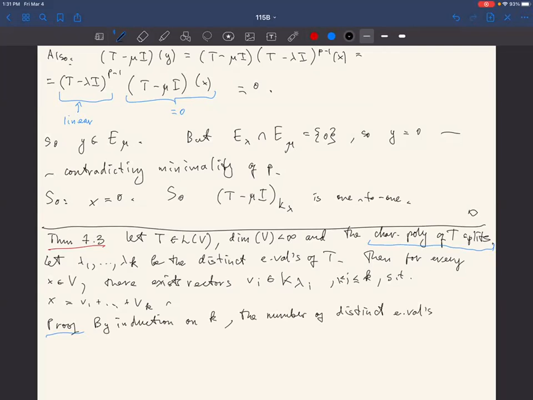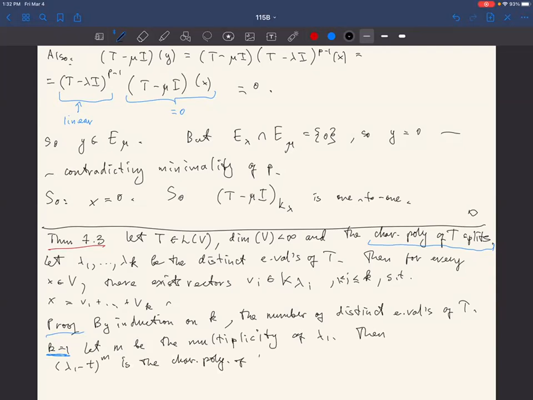Eigenvalues of T. So first, the base case, k equals 1. In this case, we can let M be the multiplicity of the eigenvalue lambda 1, because we just have one eigenvalue. Then we have that (lambda 1 minus t) to the power m is the characteristic polynomial